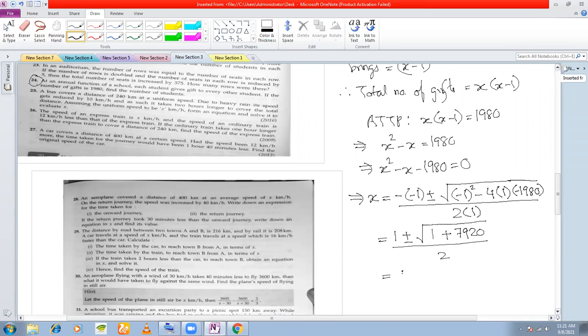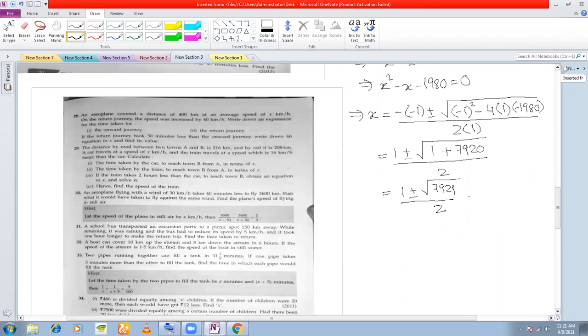So this is giving you 1 plus or minus square root of 7921 divided by 2. And 7921, you can find this square root by the division method to be 89. So taking the positive sign,